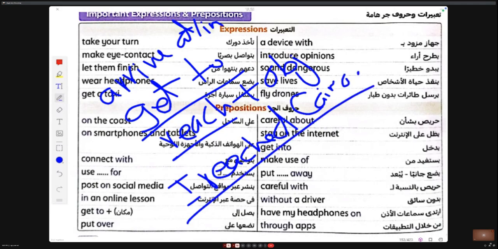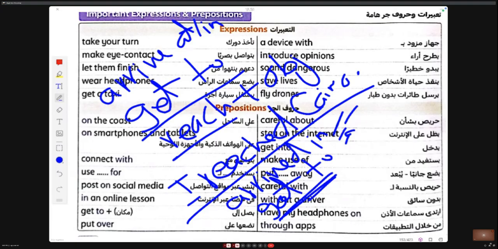I arrived in Cairo. I got to Cairo at 11 o'clock. So get to, arrive in or at, reach without preposition. Get to place.